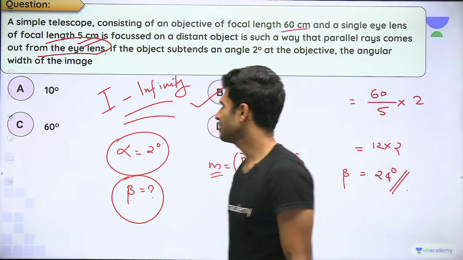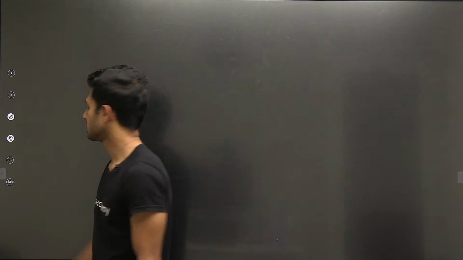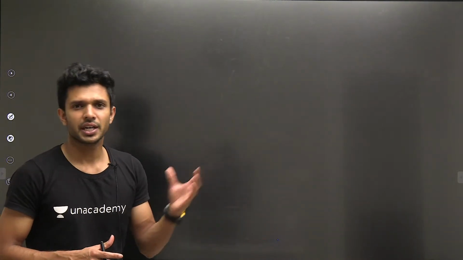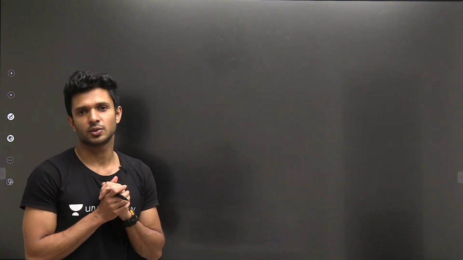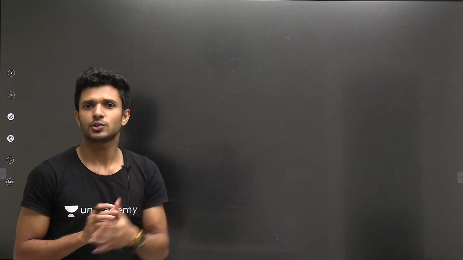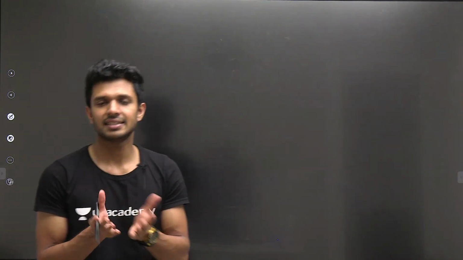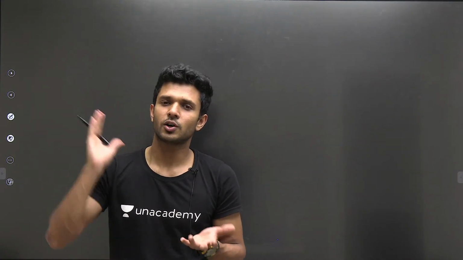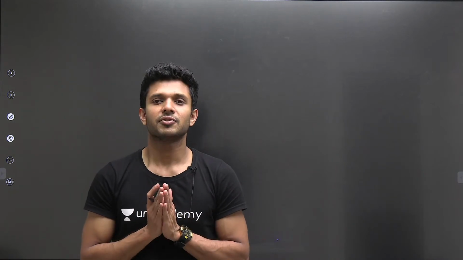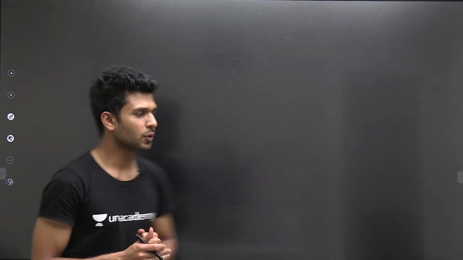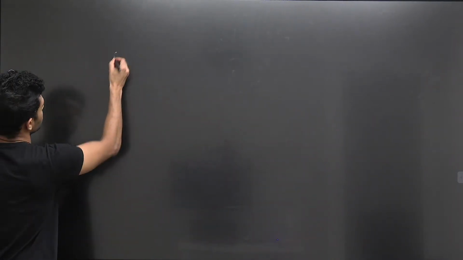Now, at the very final ending of this particular chapter, you can see regarding reflecting telescope. Till now, the telescope which we were using was with the lens. Inside the lens, what do we have? Refraction. So this telescope, we call by the name of refracting telescope. But there is a small demerit for using this refracting telescope, because I told you, in the case of refracting telescope,